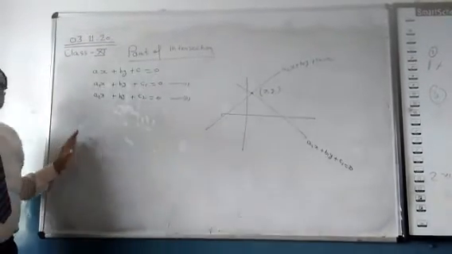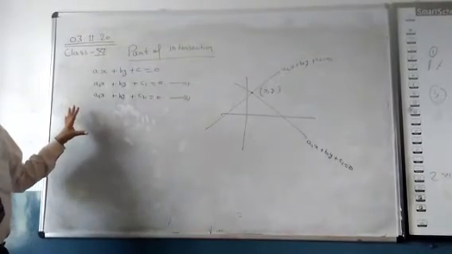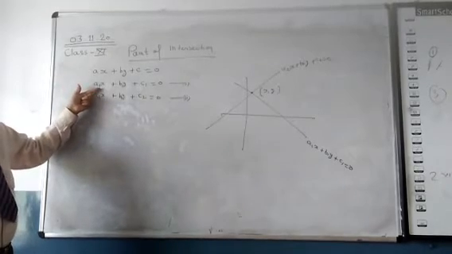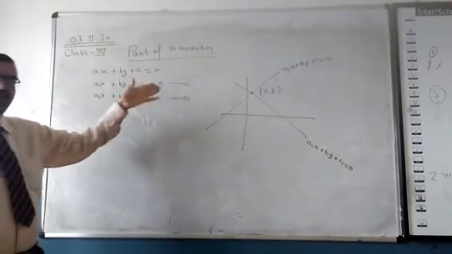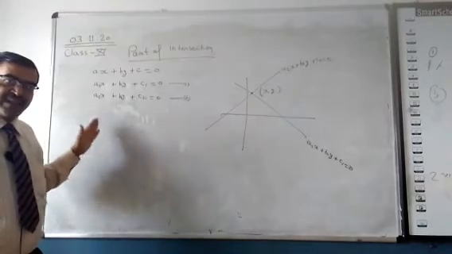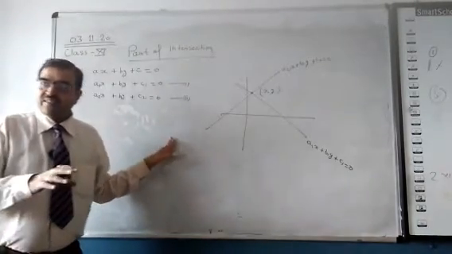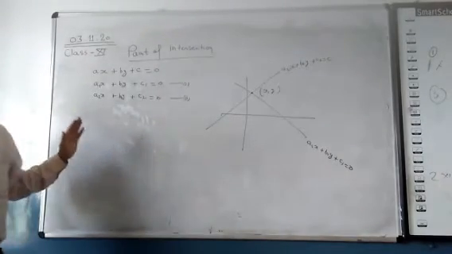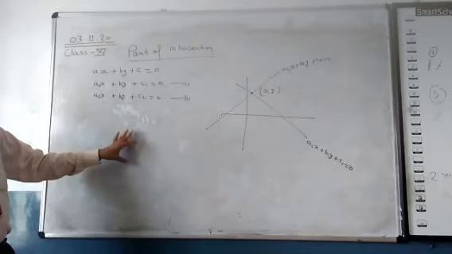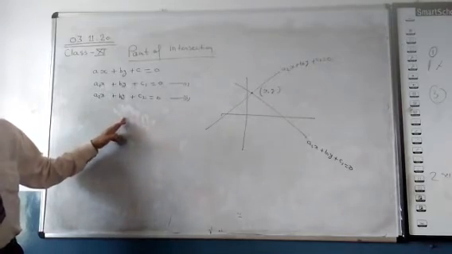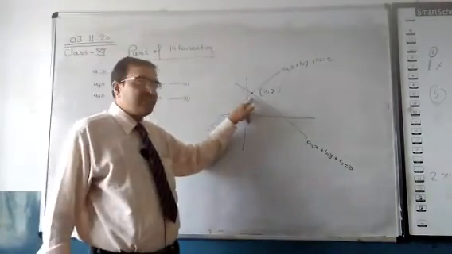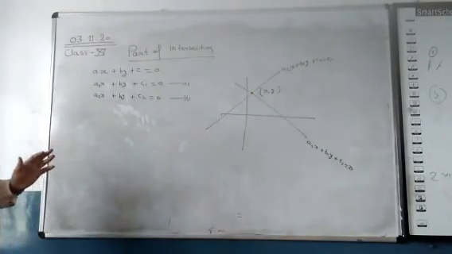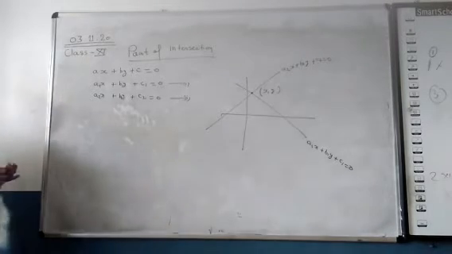There are two methods. In the first method we use the substitution method. With the substitution method we will find the value of x and put it in the other equation, equation number 2. We will get the value of x and y. This is the first method, and the second method is the cross multiplication method. We use the cross multiplication method and find the value of x and y. And the value of x and y is the point of intersection of these two lines. Okay, so let's start with the cross multiplication method.